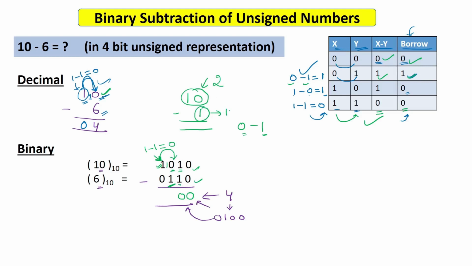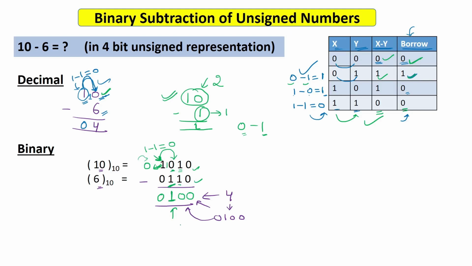In decimal, 2 minus 1 is what? It is 1. In the same way, this 1 0 minus 1 will simply become 1. So when you are taking 1 from here, this is 1 0 and this is 1. This is 2, this is simply 1. 2 minus 1, 1. So you will simply say 1. Now here it was 0, and here it was 0. Now this 0 minus 0, what will be the answer? It will be simply 0, and there is no borrow. You have not taken anything from the fifth bit or anything like that.